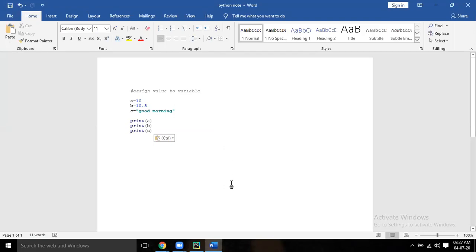Going forward, if you ask me to provide a document, I can provide you n number of documents from Google. You can also get it yourself, but that is no use. Now you are preparing your own document here. What you have to do is go to Google and search this topic. Whatever topic you are doing, search it, and after the heading write some definition. Let's say assigning values to variable. What is a variable? What do you mean by assigning values? Just one or two lines, because the interviewer will ask you what you mean by assigning values to a variable.